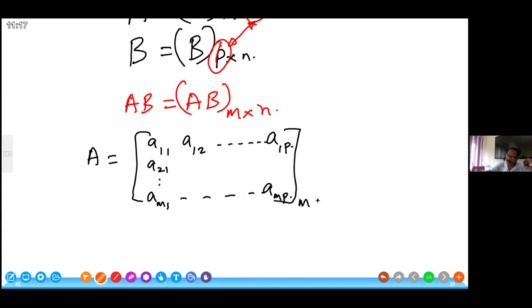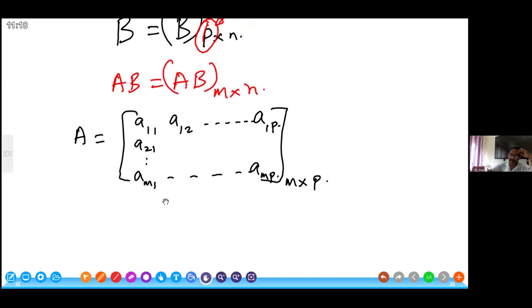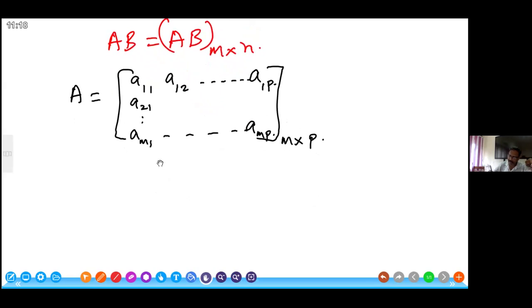So this is M into P. So the number of rows is given by M for the first matrix. The number of columns is given as P. If you want to multiply,